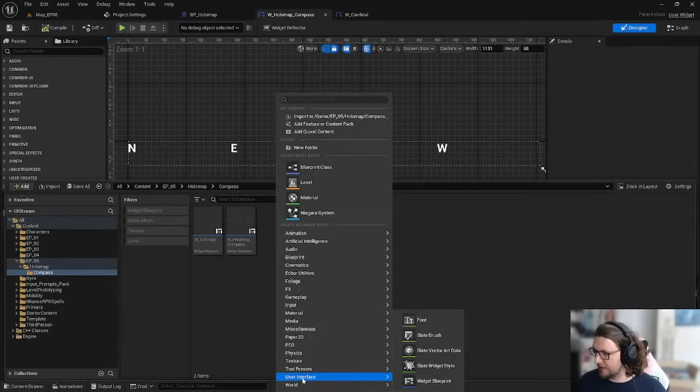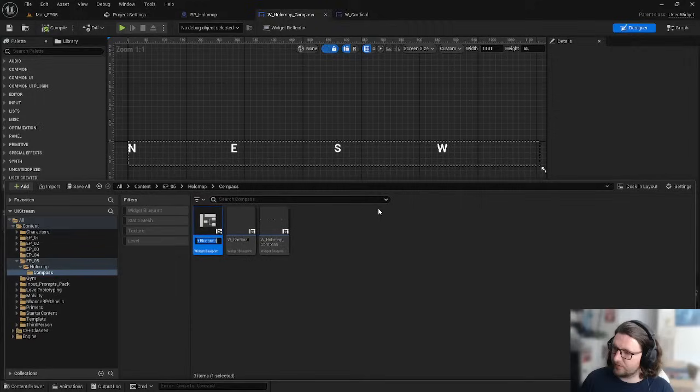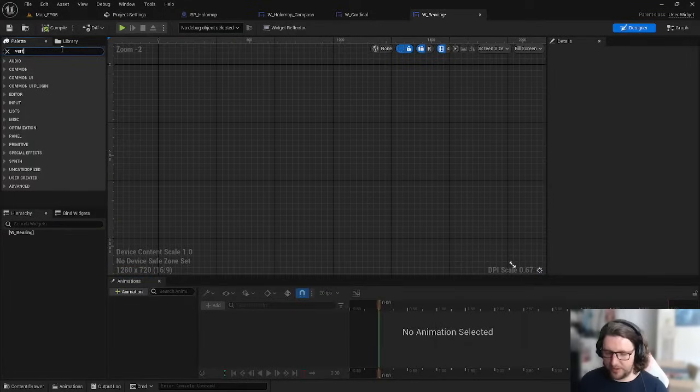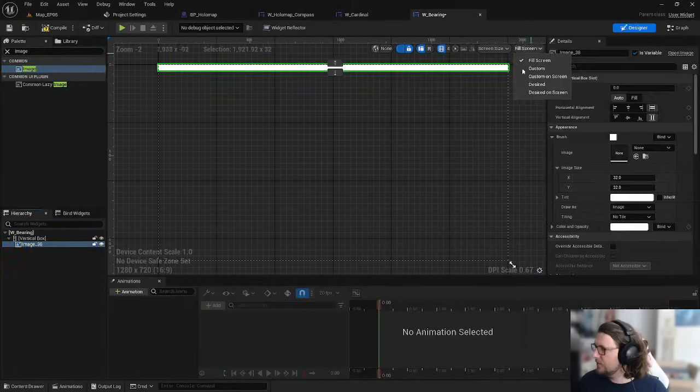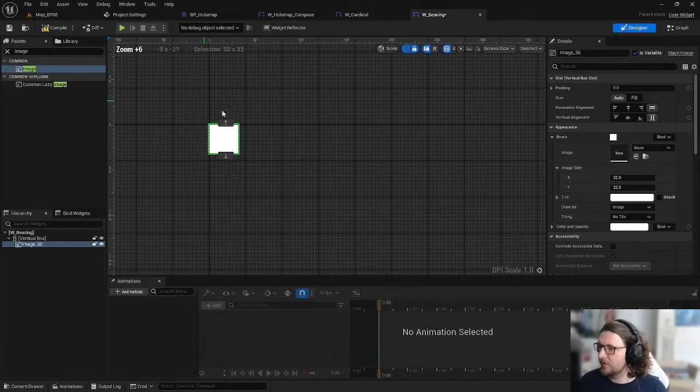So let's make a user widget underscore bearing. This would be a vertical box. We'll have an image in here. So this is just 360 divided by the number of,